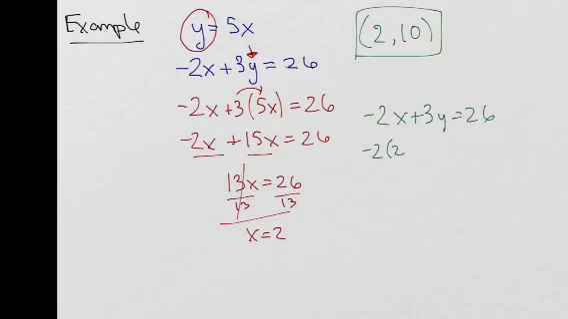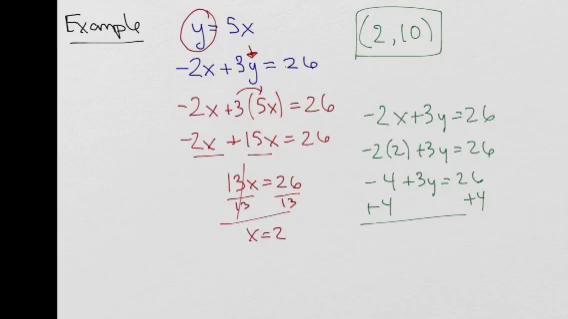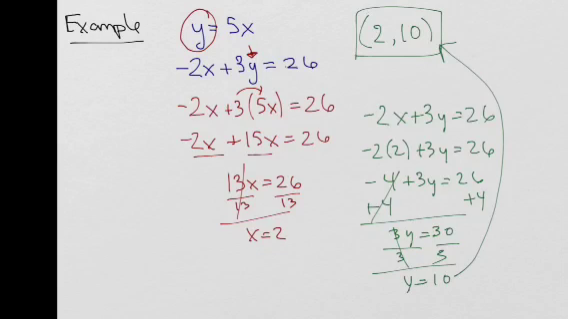So negative 2 times 2 plus 3y equals 26. That would have been negative 4 plus 3y. And then you'd have had to add 4 on both sides. 3y equals 30. And then divide both sides by 3. So you would have got the correct answer still, but that was about 10 times more steps and more work